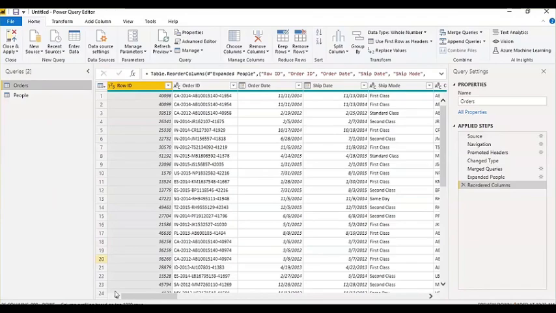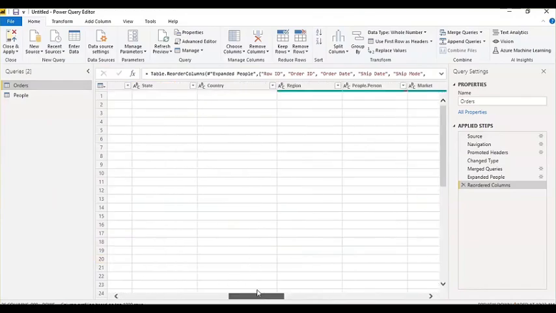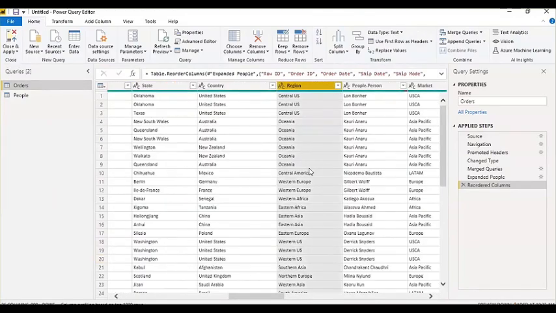Because let's say in this region column I have 1 million records, and I extracted the person also, then it means I extracted another 1 million records here. So it increased the size of my orders table. It means overall, it increased the size of my data model. So this is redundant data. When you are working on 1,000, 10,000 or 1 lakh records, you won't see the difference. But when you work on large data sets, then you will see a difference.